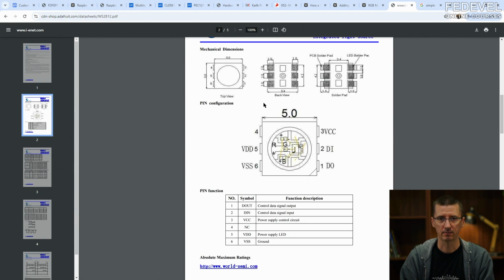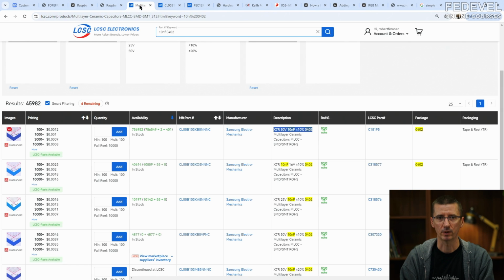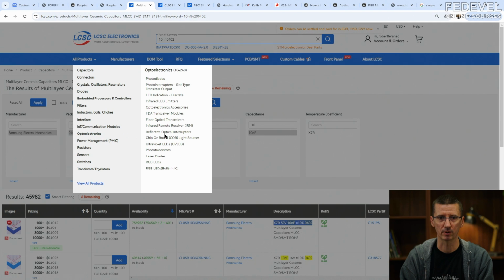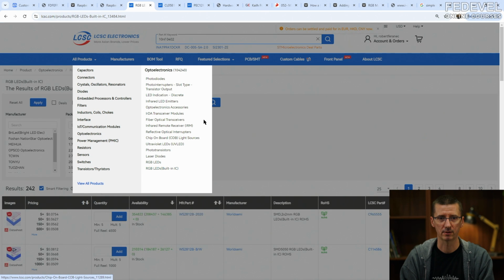Basically, these are the pins on this LED, classic, just ground and power. But this is a special one. It has also power for the control logic. But there is this input and output pin, which can be used to tell the LED what kind of color it should be using. So I'm going to find something similar here,